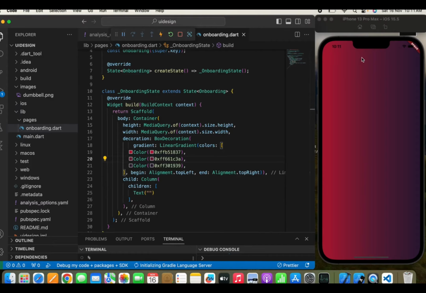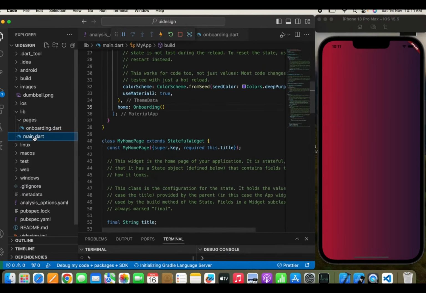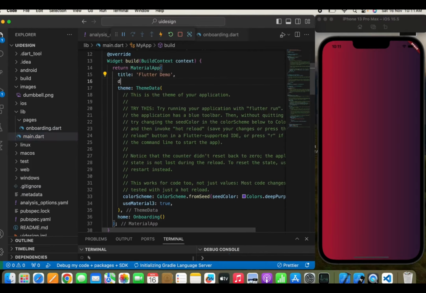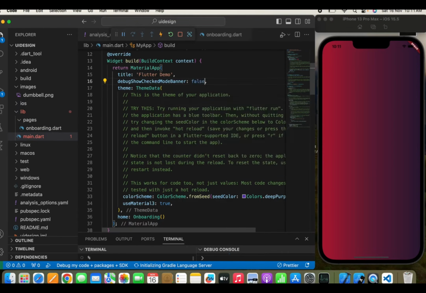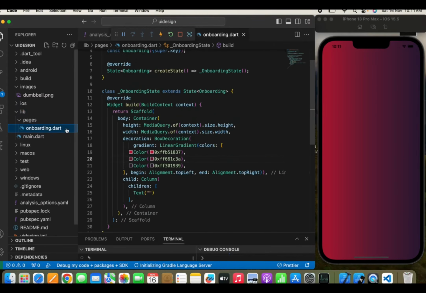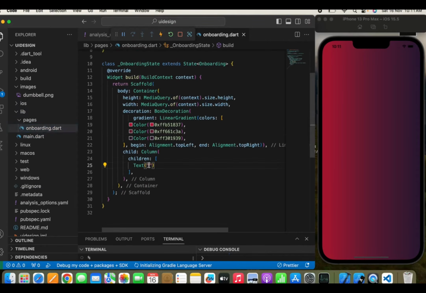Here you can see that we simply created a mixture of three colors. This is our first color, second color, and the third color. Now let's remove this debug banner from here. I will simply pass debugShowCheckedModeBanner and set it to false, something like this. Now, after this is done, the main thing